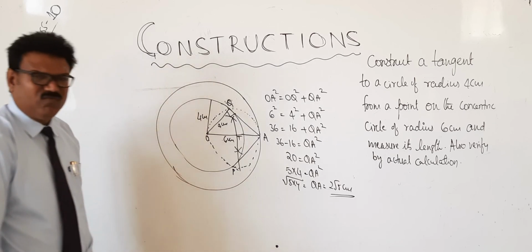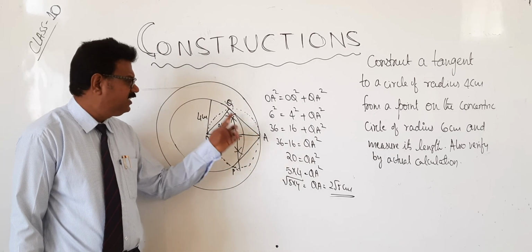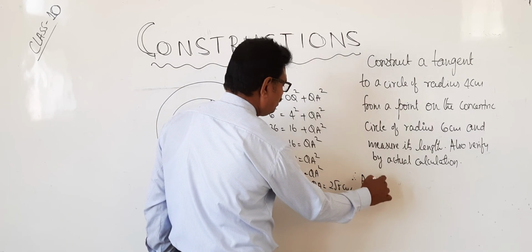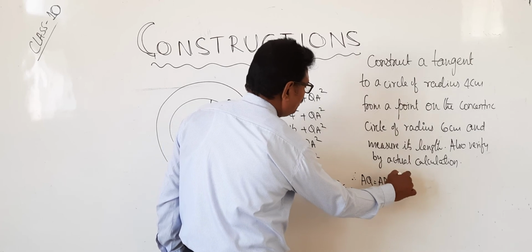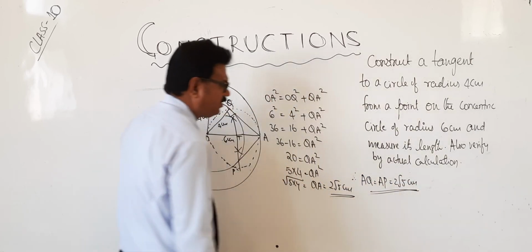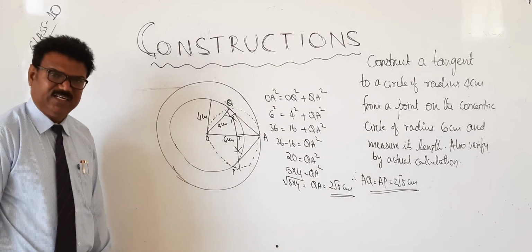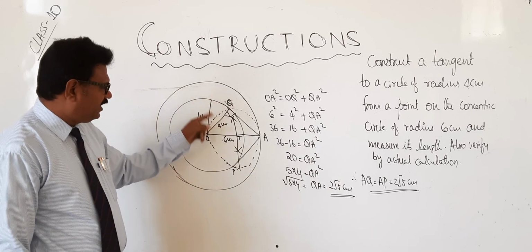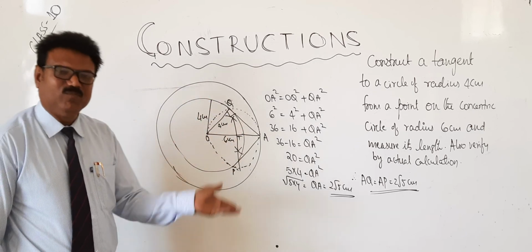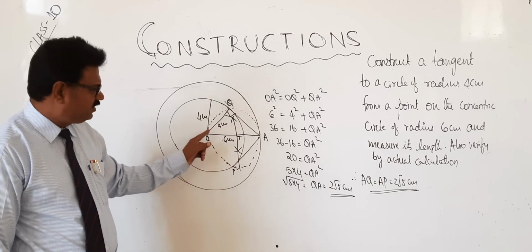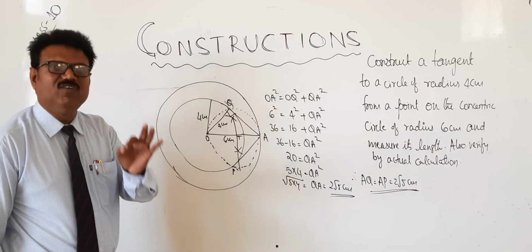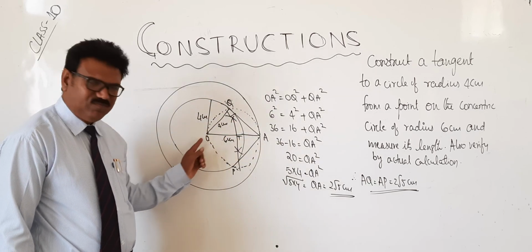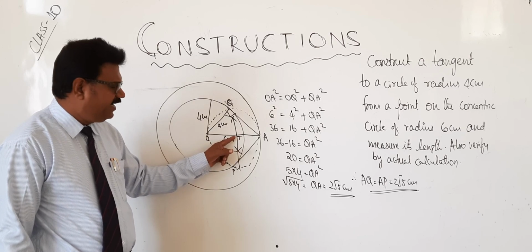We know that from the external point, if you draw the tangents, both are same. Therefore AQ is equals to AP is equals to 2 root 5 centimeters. So like this we have to calculate. Understood? So here very simple. First what he has given, a circle of 4 centimeter. We draw 4 centimeter. One more concentric circle of 6 centimeters. Concentric means what I told, the center will be same for both. Therefore one more. Now bisect this OA, then let it be intersected T.